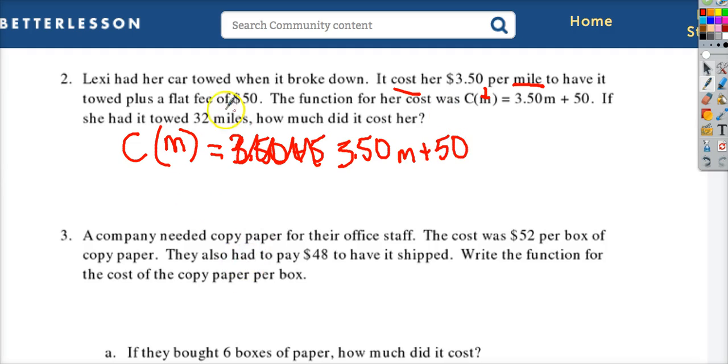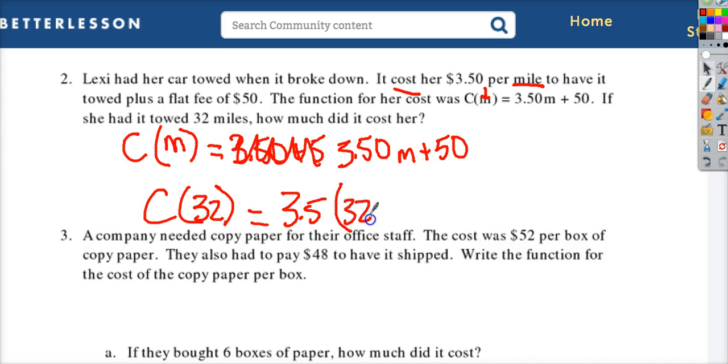Let's say 32 miles. So that's now M, right? That's the amount of miles. The function cost at 32 miles is going to be 3.50 times the amount of miles. Again, just plugging that in for M because that's what M is,